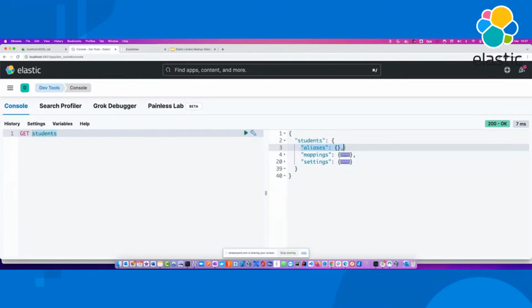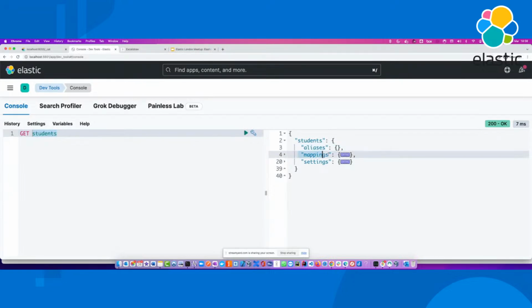That means you can create an alias called cars, which will point to all these 10 indices. So when you're doing a search, you don't need to search individual car indices. Instead, you can simply search on this particular cars index, which will go and get the data from all those 10 individual indices.